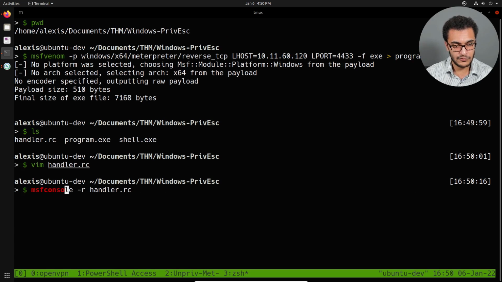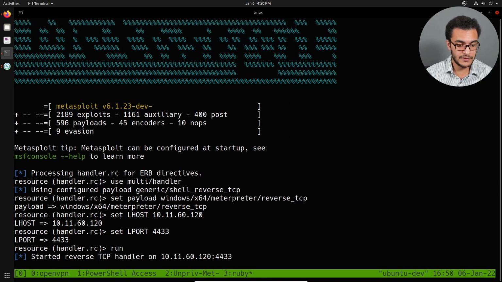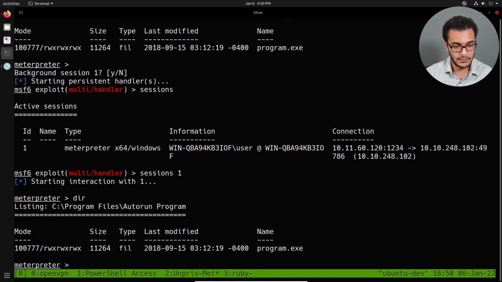So msfconsole -r handler.rc. That'll set up the handler for us to receive the connection once the malicious AutoRun executable is executed. We now need to transfer the program.exe, or rather replace the original one. And we can do that with Meterpreter. So back into my Meterpreter session, upload